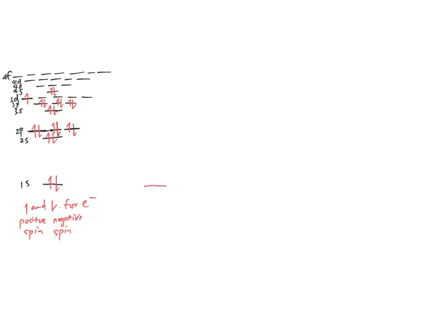Originally, when we were learning the hydrogen spectrum, it's first level, second level, third level, fourth level, right? And we said that they split. First one, no split. Second one, there's a split into two different energy levels,